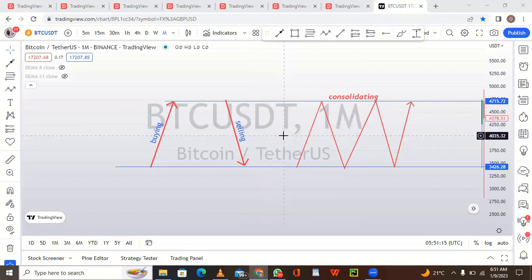trader. So for you to make some decision in the market, in fact, any decision you want to make in the market should be based on your knowledge of what the market structure is saying. If you don't have the knowledge of market structure, you cannot possibly make a good trading decision in the market. So market structure is very, very important because it is what the market is doing that you want to follow. There is a popular saying that the trend is your friend. All right. So if you are not following what the market is doing, there is no way you can make money from it. And how you follow what the market is doing is by the knowledge of